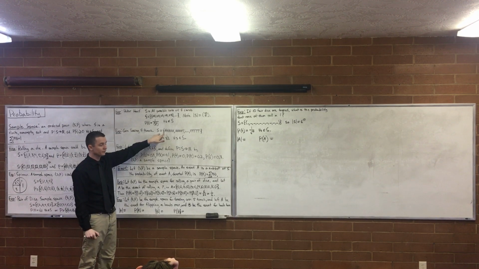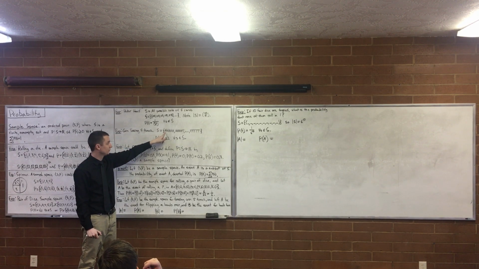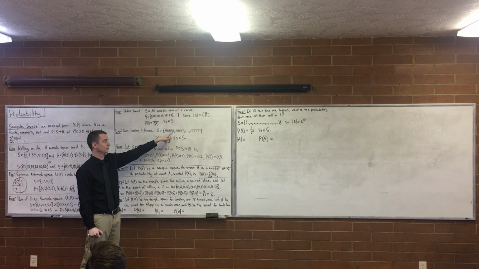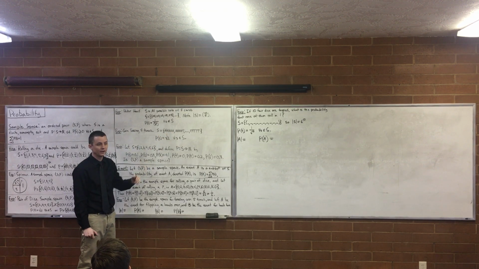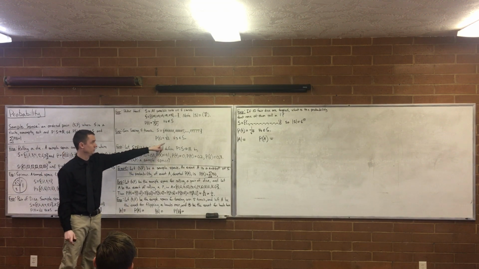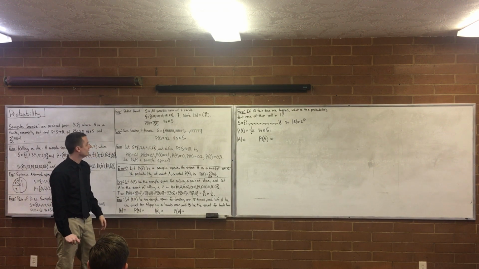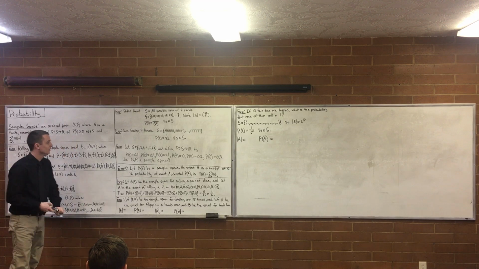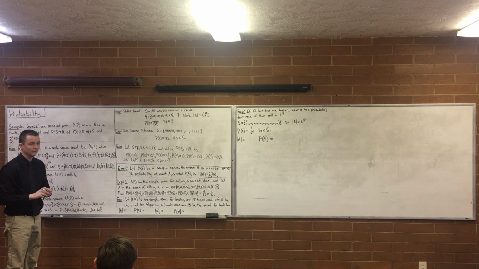What's the size of S? We had 2 options for that one, 2 options for that one, 2 options for that one, 2 options for that one, 2 options for that one. 2 to the 5 is 32. Chances are what I wrote up there is right. Probably. Or maybe I was just trying to trick you.